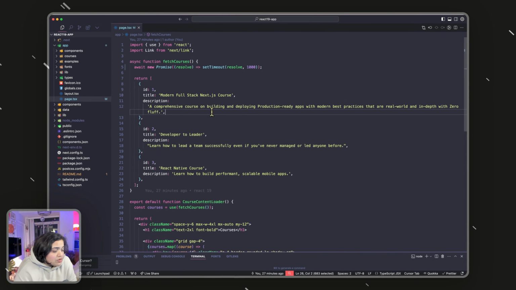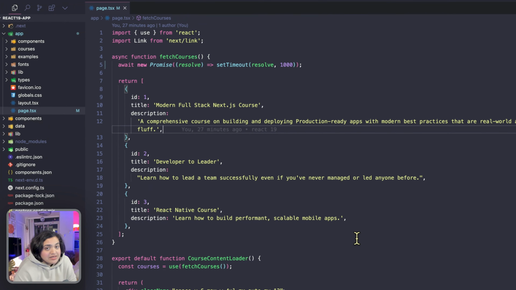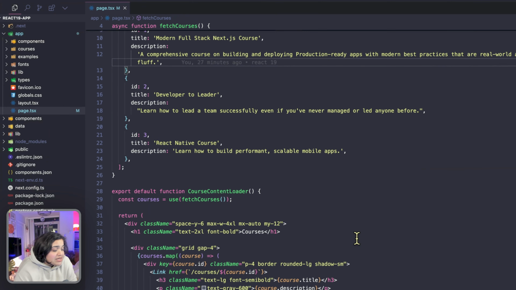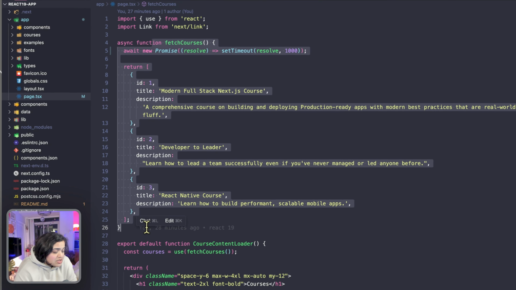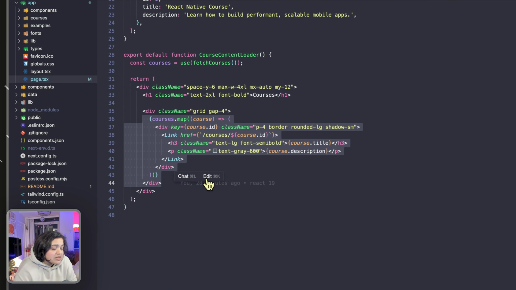If you take a look at this code, then this page.tsx is in fact a server component. Why? Because by default in Next.js, any component that is not specified with a use client directive on top is in fact a server component. So in this case, we are essentially fetching the courses and then looping through them and displaying it to the